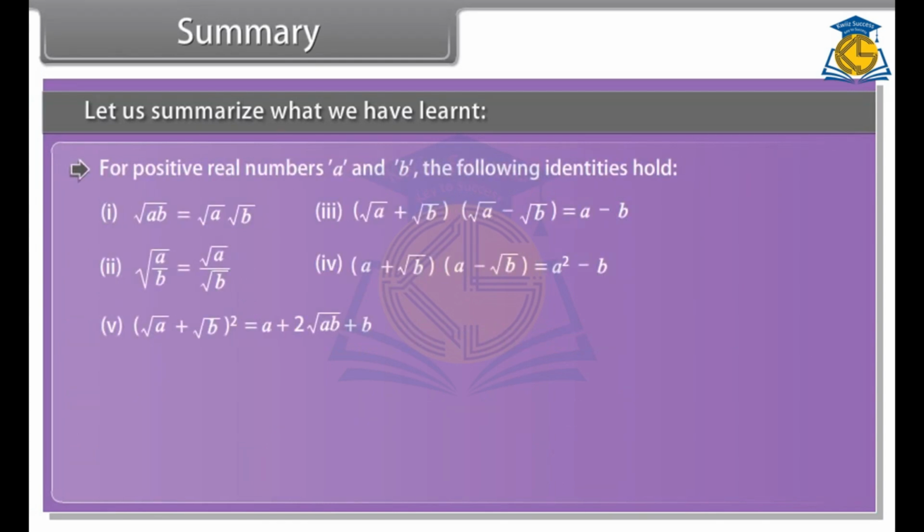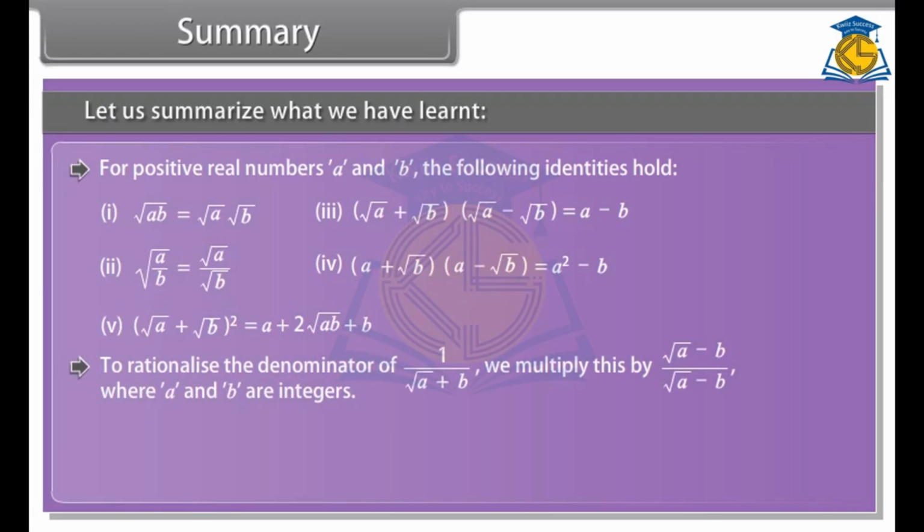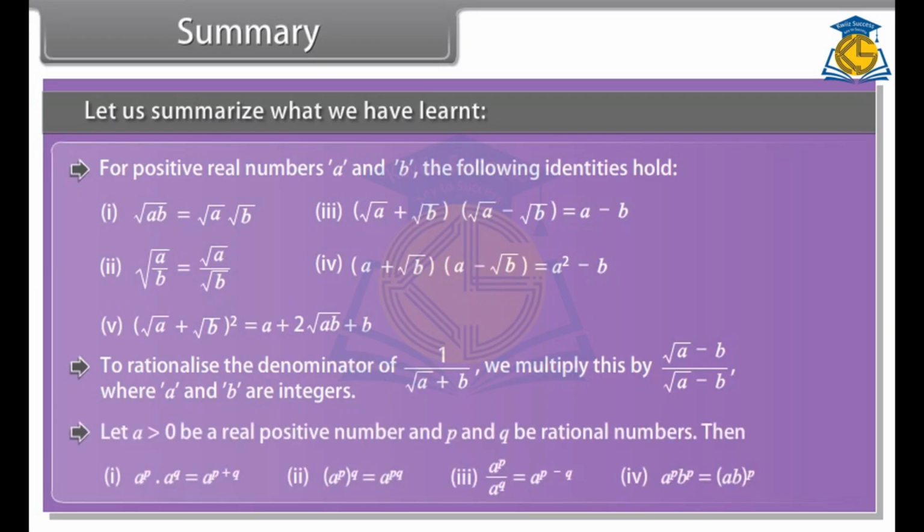For positive real numbers a and b, the following identities hold. To rationalize a denominator of 1 upon square root a plus b, we multiply this by square root a minus b whole upon square root a minus b, where a and b are integers. Let a be greater than 0, a real positive number, and p and q be rational numbers, then